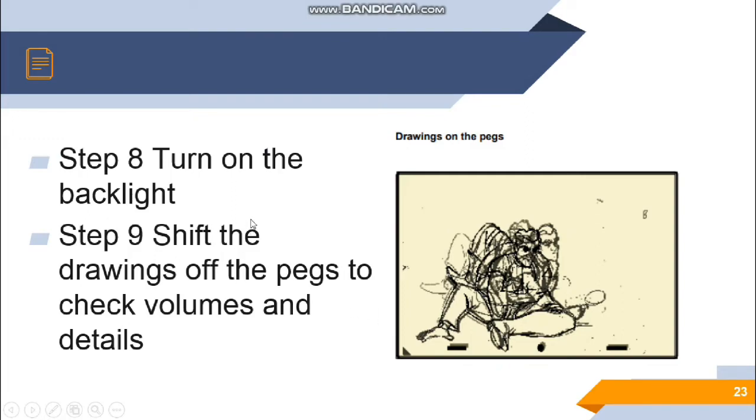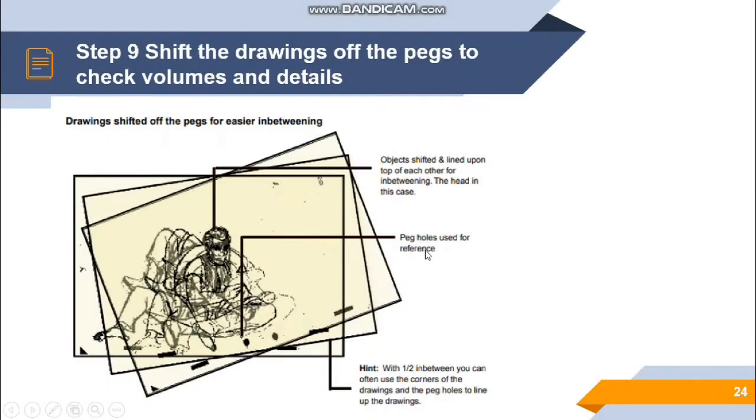So why do we need to do this? In order for us to check if the actions and the size of the character are still the same from the in-between. So these are 8 pages of the drawing. As you can see, there are several in-betweens hidden here, and this is our key pose and the last key pose here. So we need to check if the shift of the drawing is still smooth.